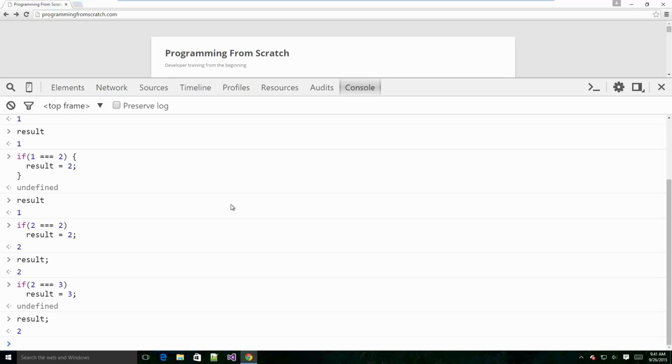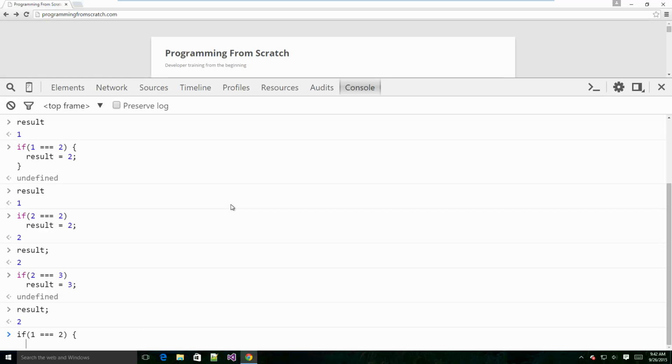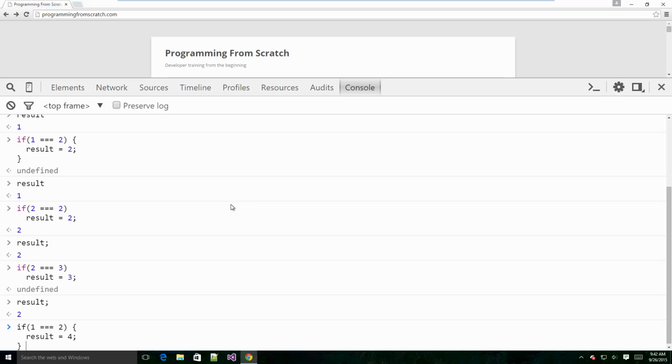All right, there's a second part to the if statement, and that is the else statement, which only works if you have an if in front of it. So 1 equal to 2. In order for the else to execute, the if has to be false. So result equals 4. Else